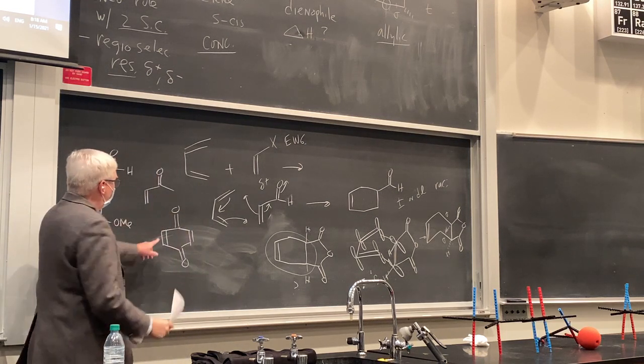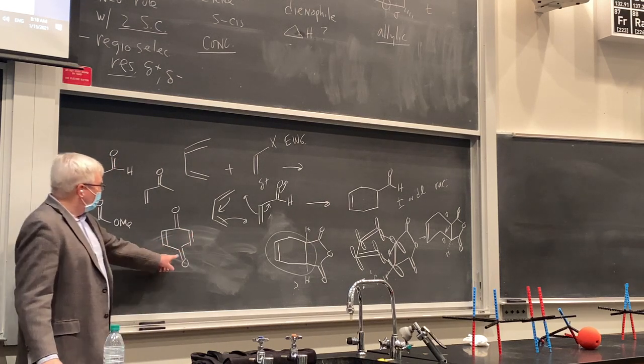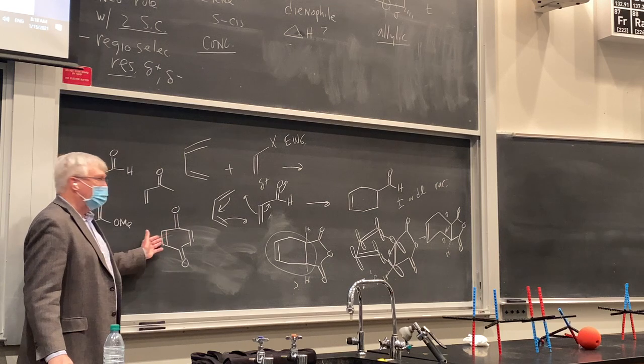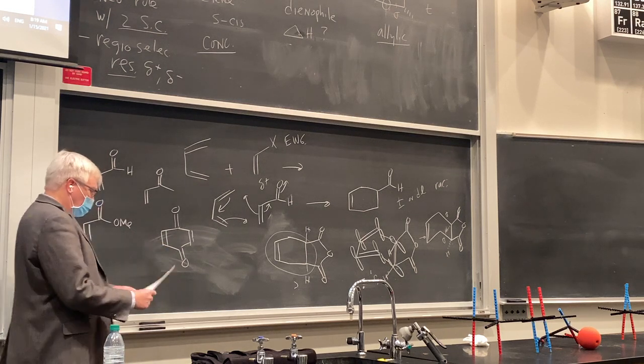In fact, quinone has two. We could actually do a double Diels-Alder reaction here. Notice there's two carbonyls conjugated to the alkenes. Quinone is actually an especially reactive Diels-Alder dienophile. So quinone,